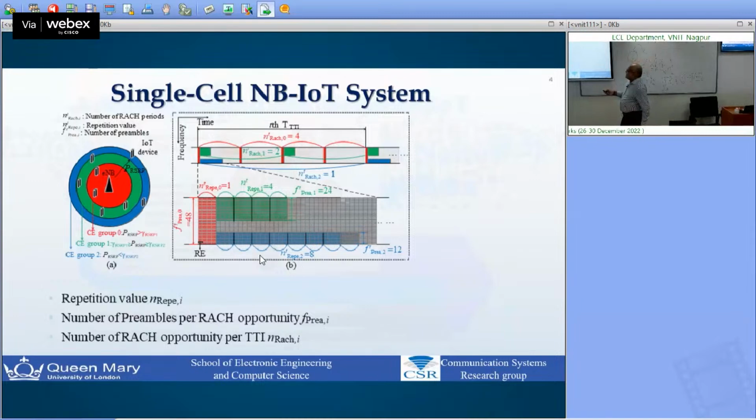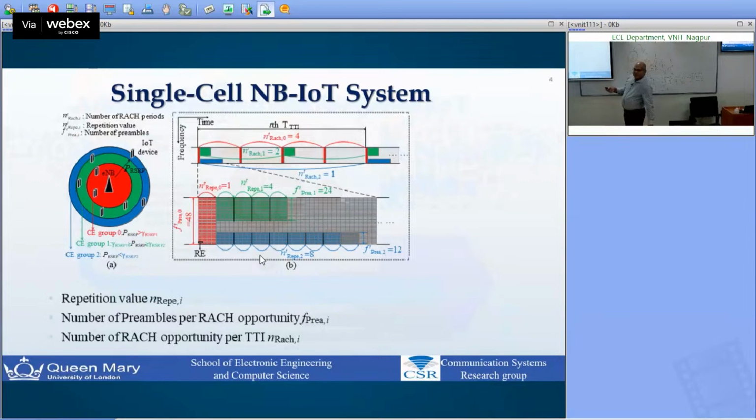Another parameter for these 3 regions is the repetition value. One preamble, you are going to repeat a certain number of times, a power of 2. Say for example, this device in the red region has selected one preamble. It is going to repeat 4 times or 8 or 16 or 32, up to 128, powers of 2. It is going to repeat because, for example, if you take this blue